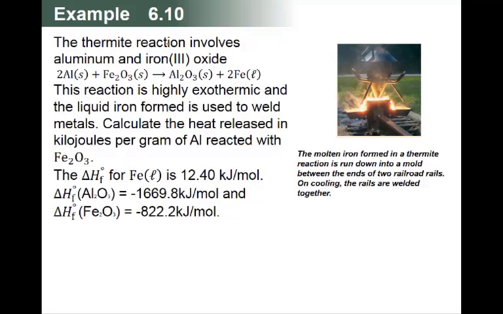So here is one example, the thermite reaction. This is a welding process in which pure aluminium is consumed and we make pure iron, but this is liquid. If you see this liquid, it means it is molten iron. This will do the welding. So this is the chemical reaction for the welding. You are in mechanical, you will learn the process of welding in much more detail there. But here I am telling you the chemistry of this reaction.